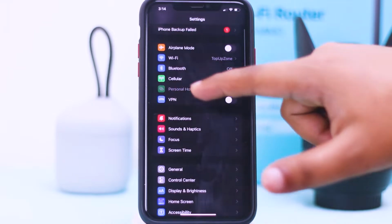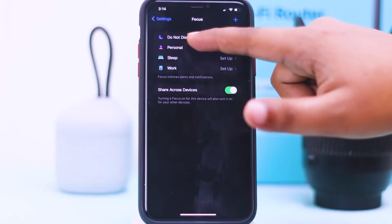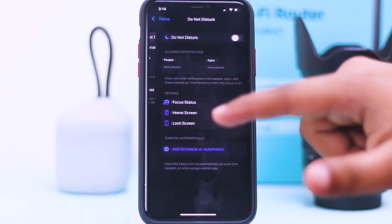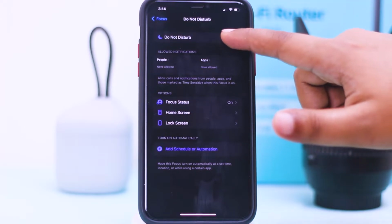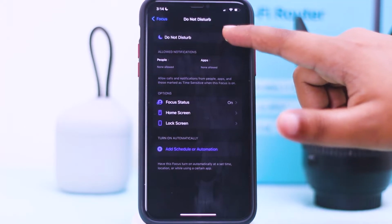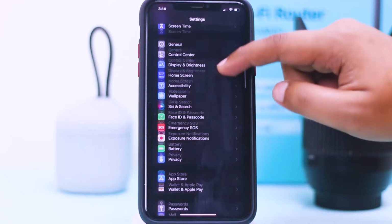and then you have to go to Focus, and then you have to check that Do Not Disturb mode is turned off. You should turn this one off always, and then you have to go to Battery,